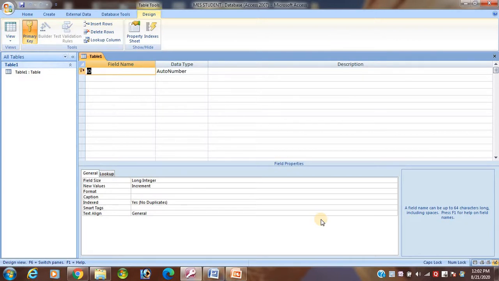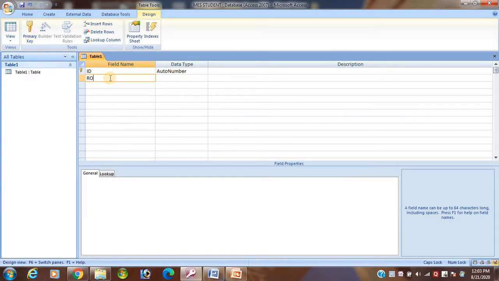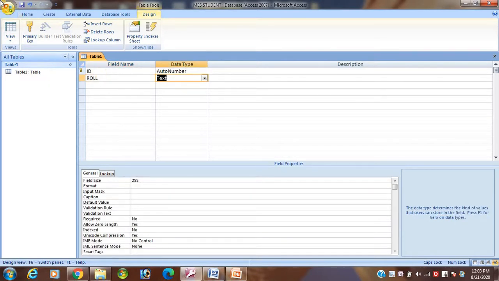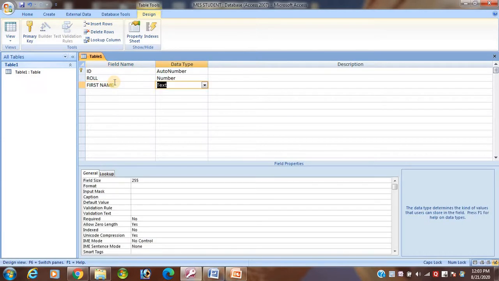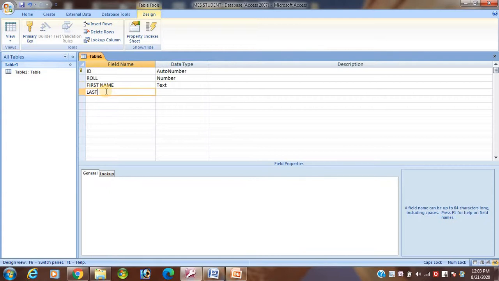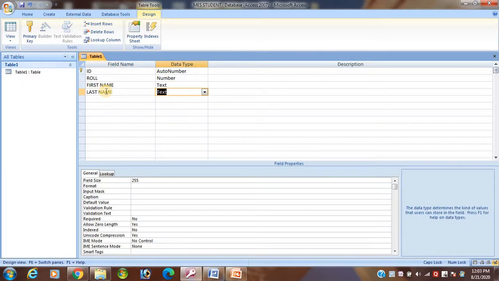So in the next video, first of all I will discuss data types, then the difference between datasheet view and design view, then I will show by the practical way how to make a table, how to create a field name, how to specify the data type. Is that clear? Suppose I want to give the student roll number. Roll number contains only numbers, and the data type is mostly number. Suppose I want to give the student first name. The first name contains text, so give text. Next one is suppose last name. This one is also text.